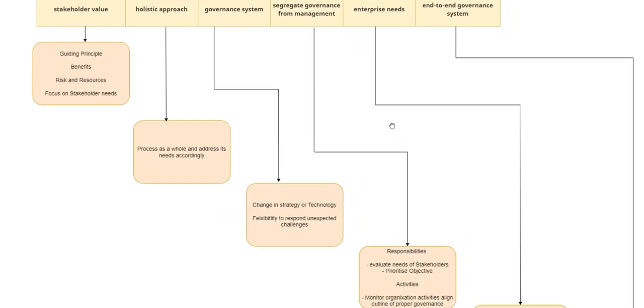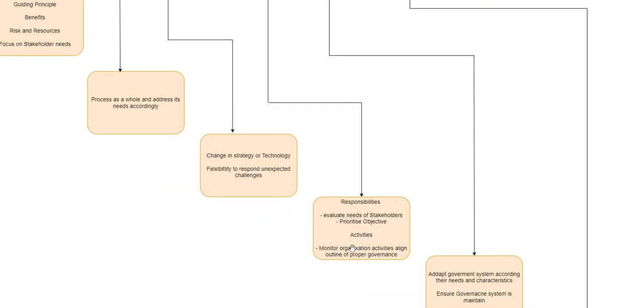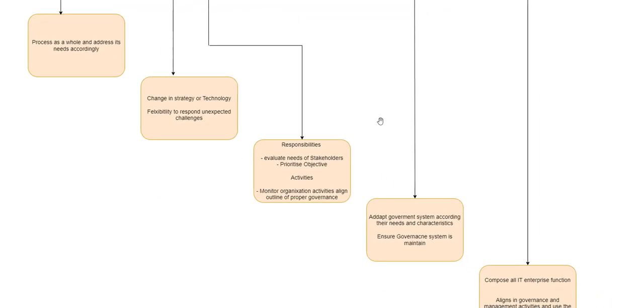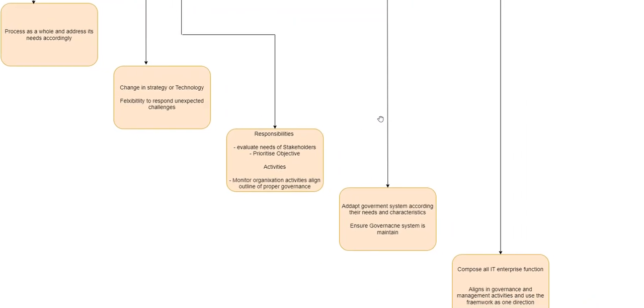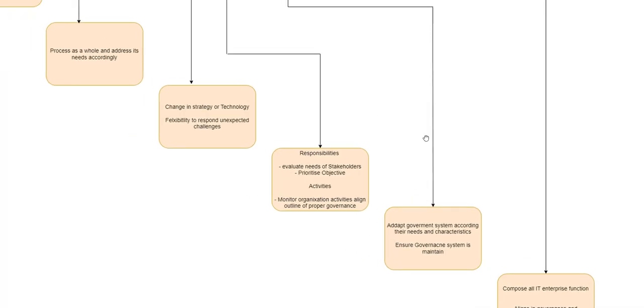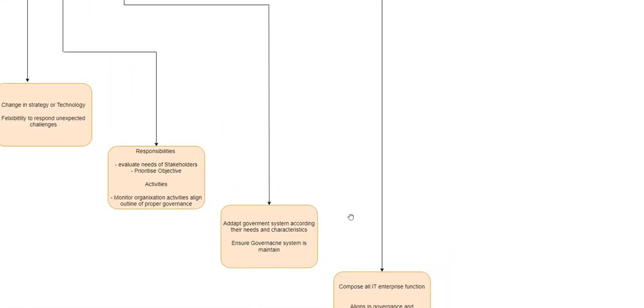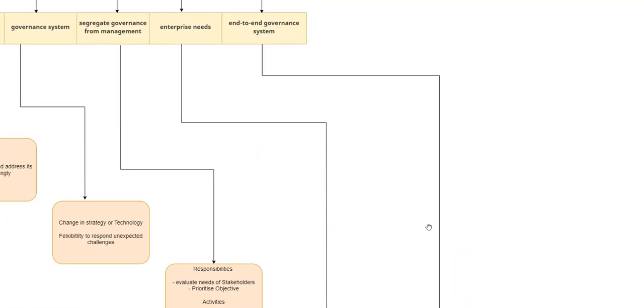Going back to stakeholder value, this second purpose is to monitor organization or company activity, to align with the proper governance value, the proper stakeholder value. Align means following the rules of the stakeholder value, which are the principle, benefits, and resources based on the needs of the stakeholder. Okay. Then after that is